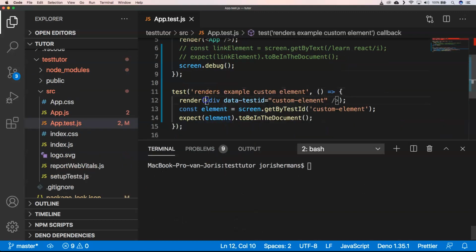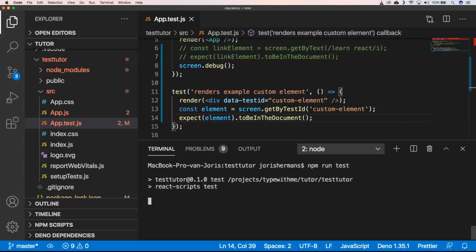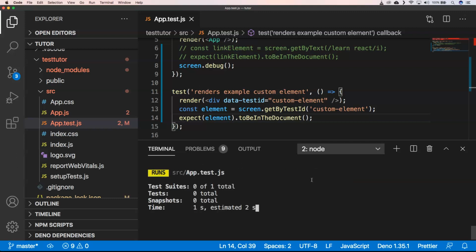So another great element is that you can render out a custom element, and then you do something like data-testid, and with screen you can very easily do screen.getByTestId custom element, and then you get that custom element, and then you can check if that custom element is in the document, toBeInTheDocument, right? So we can run our test again. You'll see that we have two successful tests normally, and you know now that that element is in your DOM